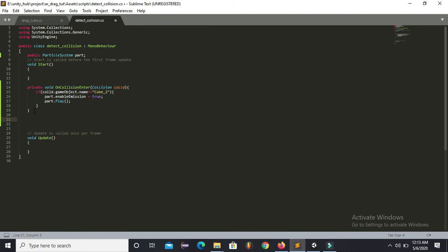So I will create one more function, private void OnCollisionExit, which will turn off the collision effect. Otherwise the particle effect will be playing forever, so we have to stop it.